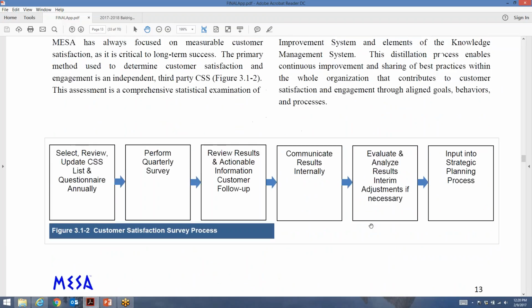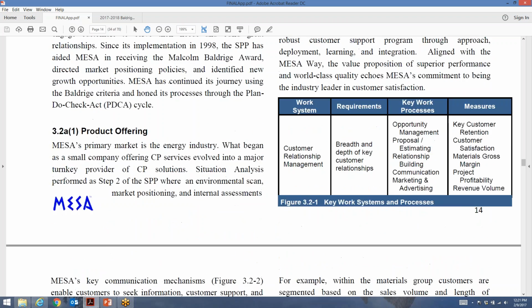Okay, third picture I think you need to have, voice of the customer processes. Again, this is an ugly one. I wouldn't do this the same way today, but it worked back then. But this is our customer satisfaction survey process. And so however you get feedback from your customers, put that in a picture. What do I do with it? What does it look like? What do I do with it when I get it? Where does it get input? Here's strategic planning process. Maybe it gets input in some different processes for you, but have a picture of that.